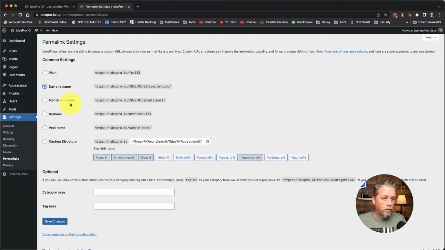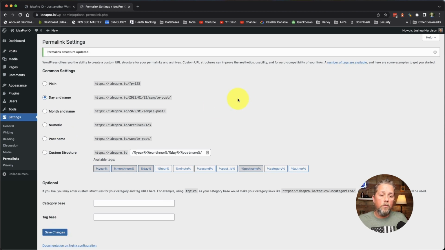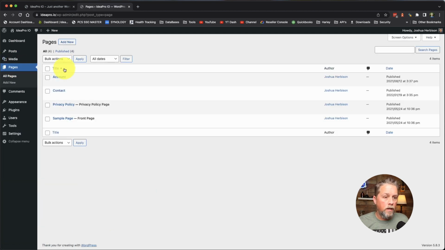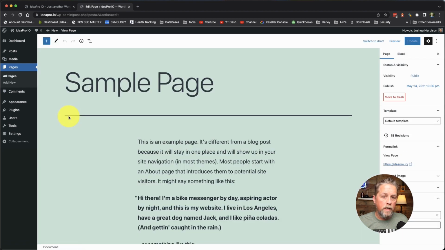If it was day and name or post name or whatever, all you have to do is hit save changes. What that does is it refreshes WordPress and makes WordPress go out and look at everything else. So we're going to change it to post name just for fun. Now if we go back to pages and we edit this sample page, we now can change to my